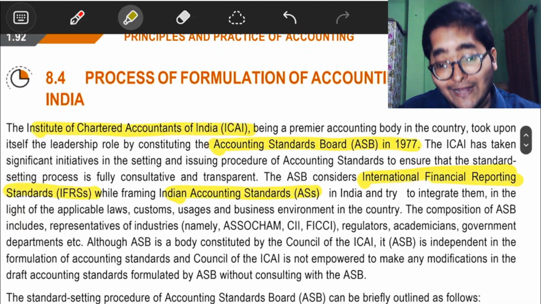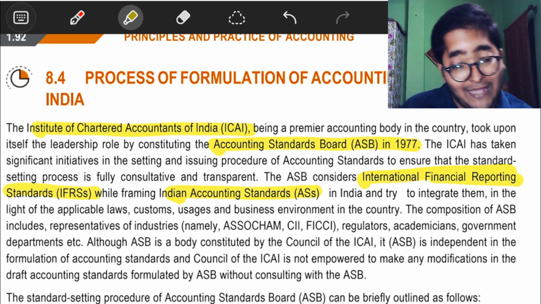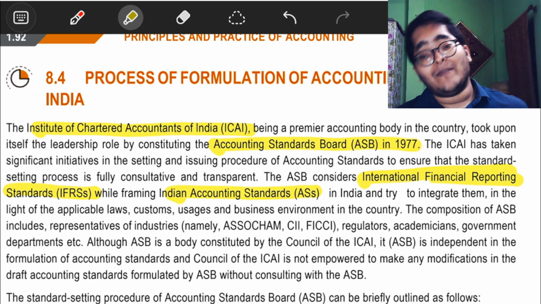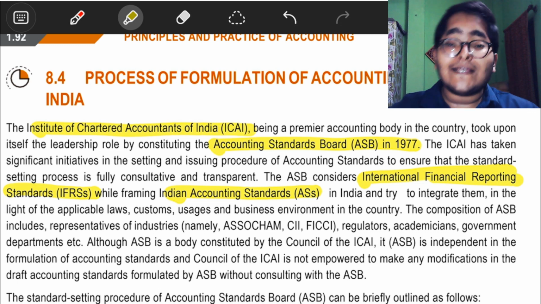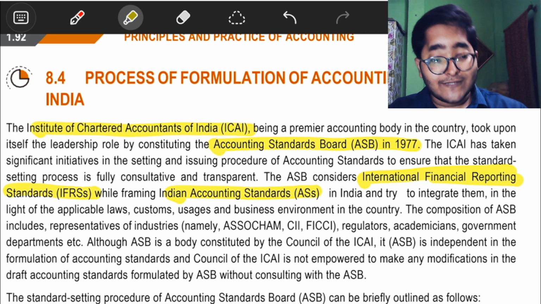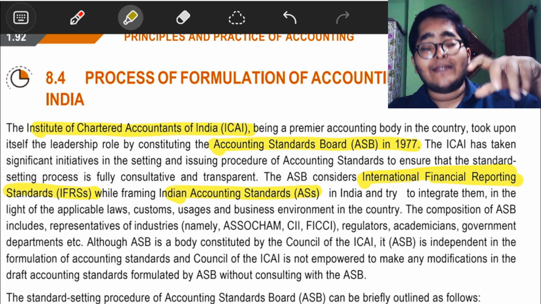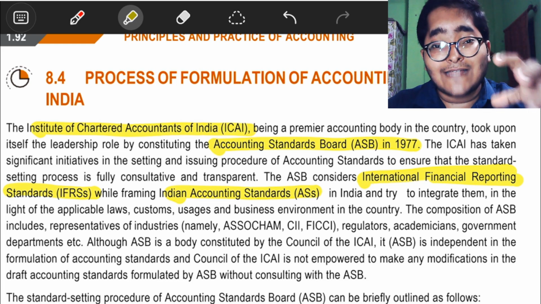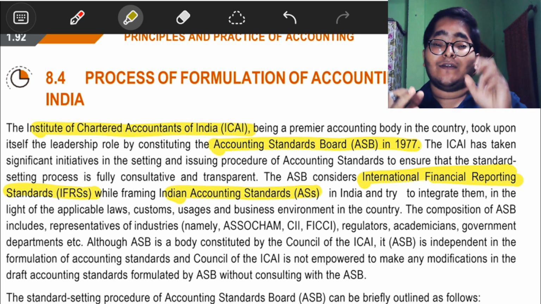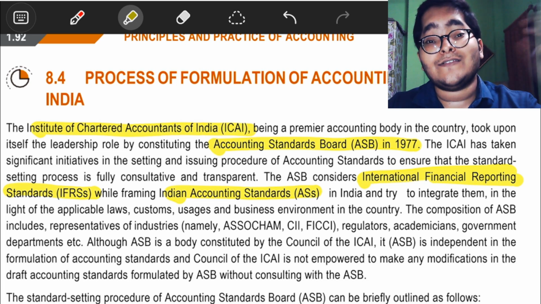In India, and try to integrate them in the light of applicable laws, customs, usage, and business environment in the country. Accounting Standard Board IFRS, इंटरनेशनल फाइनेंशियल रिपोर्टिंग स्टैंडर्ड्स को रेफर करके एक इंटीग्रेटेड अकाउंटिंग स्टैंडर्ड या फिर इंडियन अकाउंटिंग स्टैंडर्ड इंट्रोड्यूस करता है जो कि इंडियन बिजनेस को सपोर्ट कर सके या फिर सूट कर सके और इंटरनेशनल बिजनेस को भी सूट कर सके।